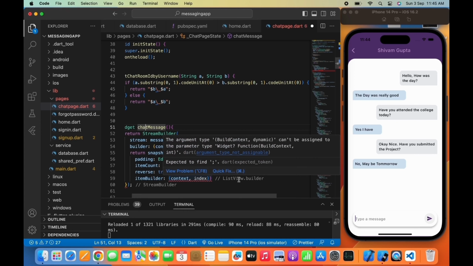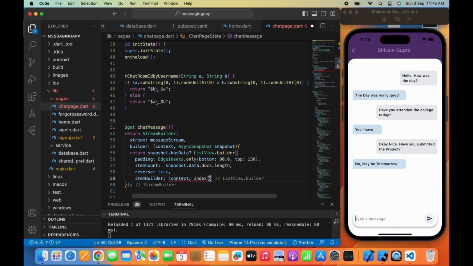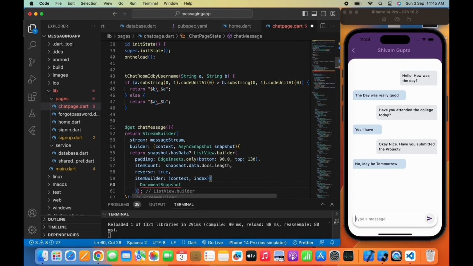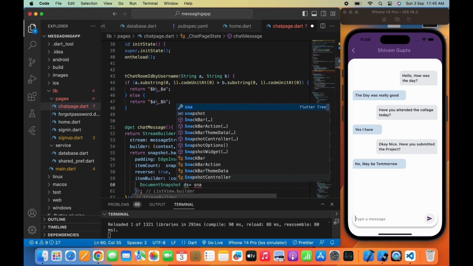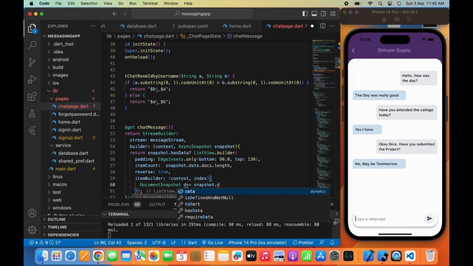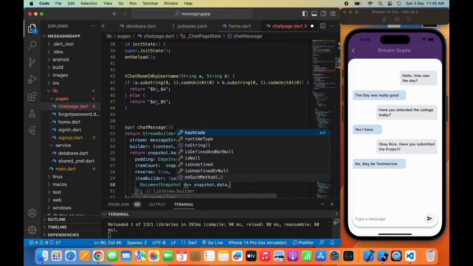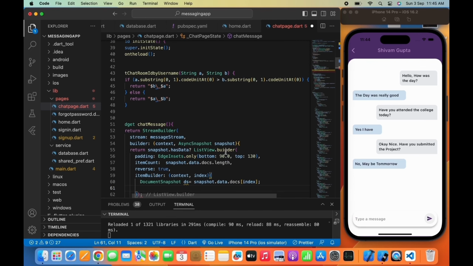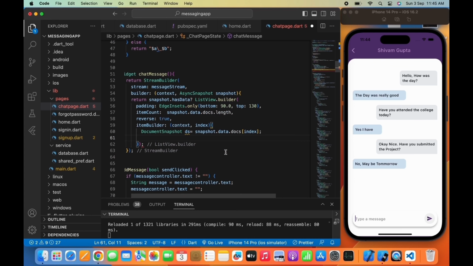So whenever I type any text inside the text field and click on the send icon, the last message will be shown first, then the previous message at the top. Now if I don't set it to true, then the message we have sent first will go to the top and the last message will show at the bottom, which will not be the right way to handle the chat app